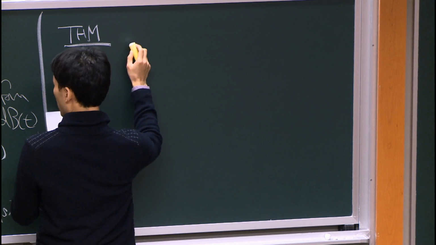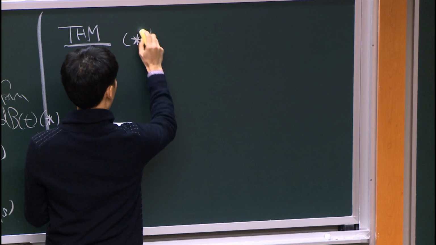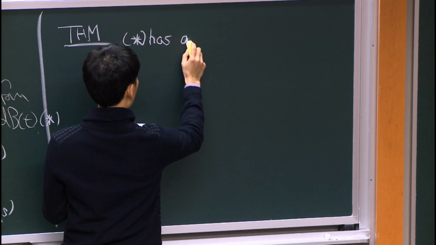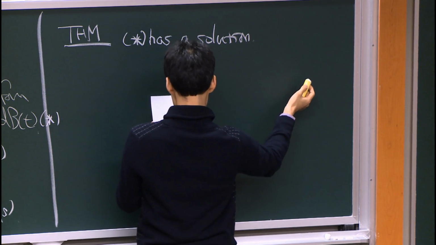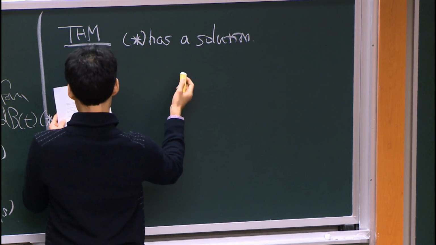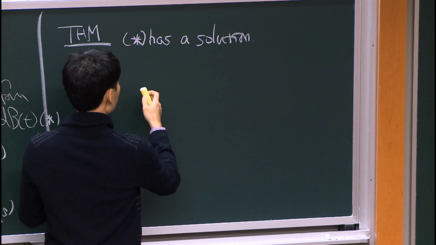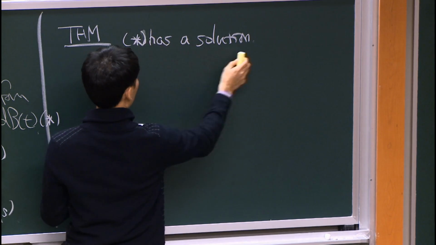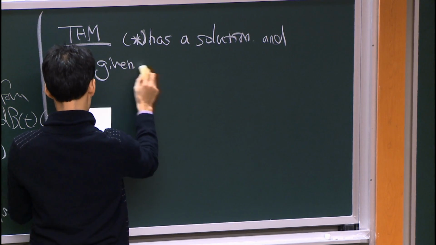This stochastic equation star has a solution that is unique. Of course, with a boundary condition. It has a solution, given the initial point,